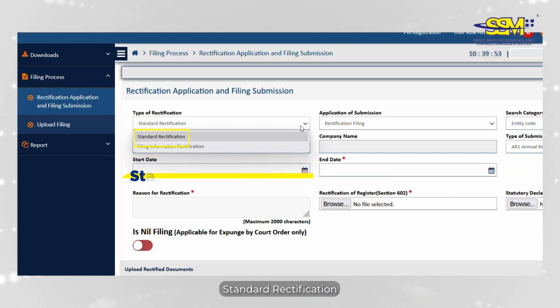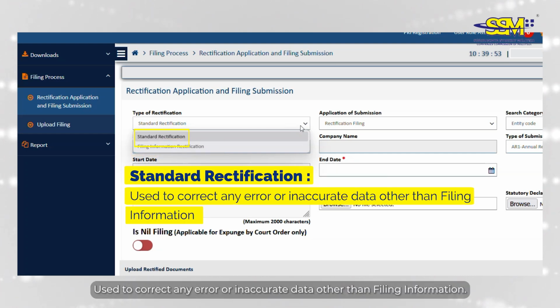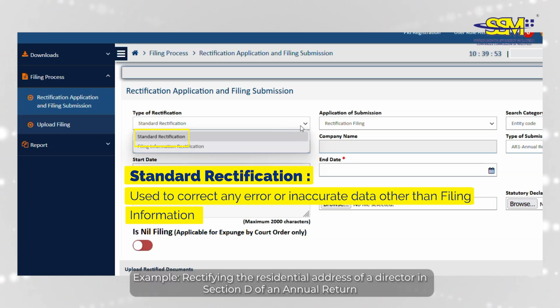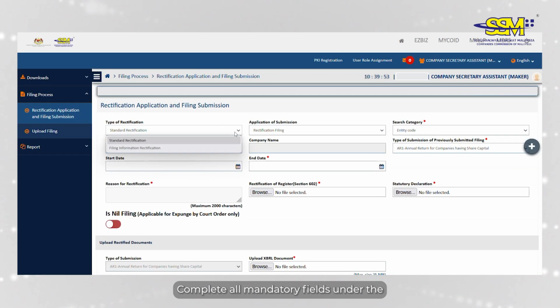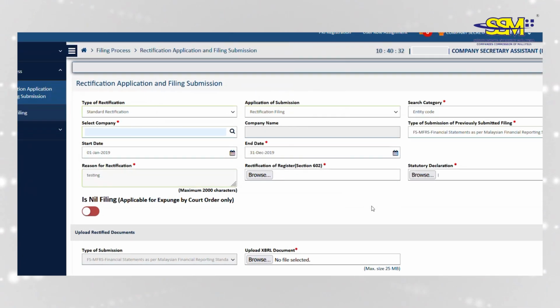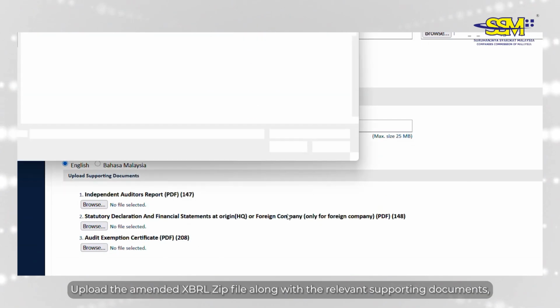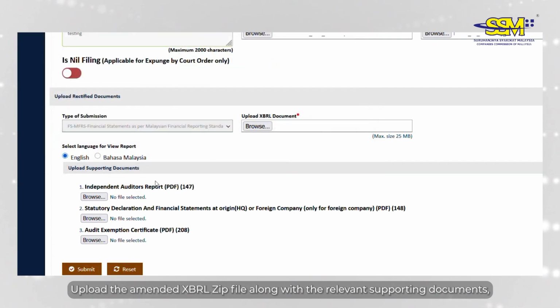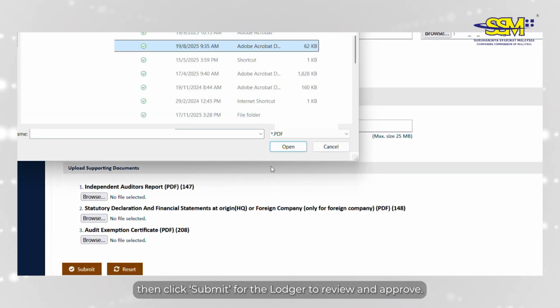Standard rectification, used to correct any error or inaccurate data other than filing information. Example, rectifying the residential address of a director in Section D of an annual return. Complete all mandatory fields under the Rectification Application and Filing Submission tab in the M portal. Upload the amended XBRL zip file along with the relevant supporting documents, then click Submit for the lodger to review